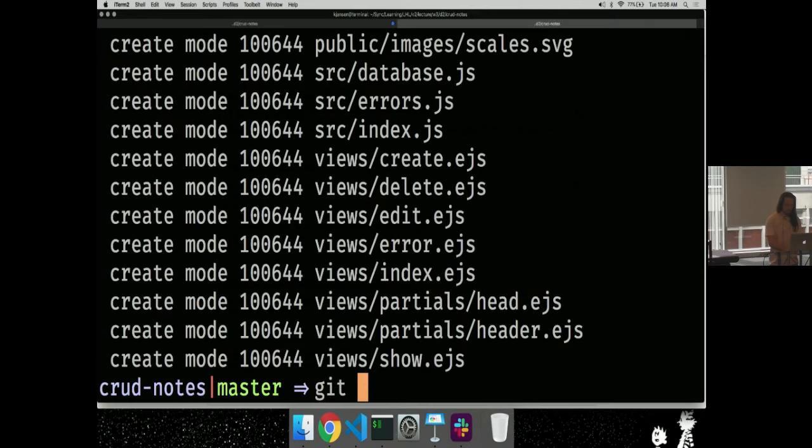And I'm going to say git remote add. So this is a remote repo. git remote is the command I would make. I want to add a remote repo to my existing repo, so I'm going to add it. And I'm going to name it origin. That's just kind of an arbitrary name we can give it, but origin is conventional, so we'll do that.